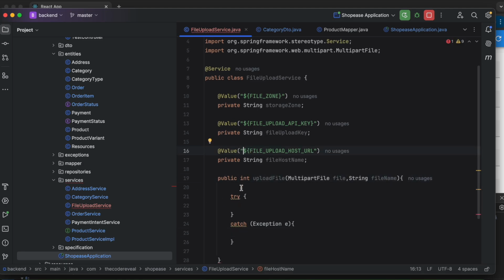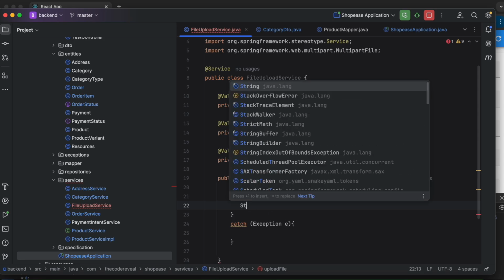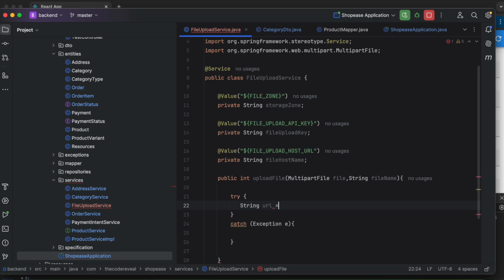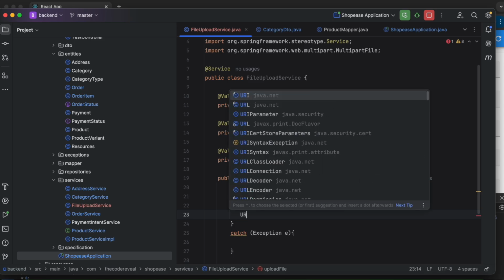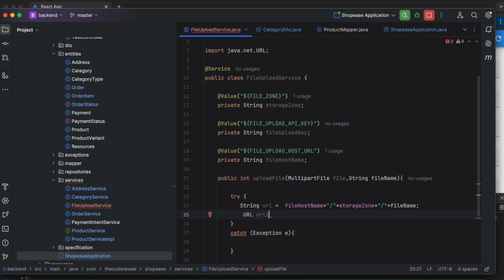This here will return the status code. So let's add here string URL equal to file host name, so this will be the URL for the file upload. Let's create here URL equal to, let's give this as URL string,